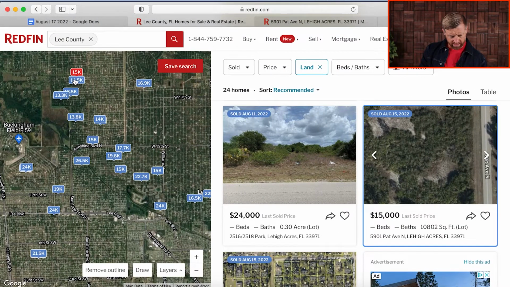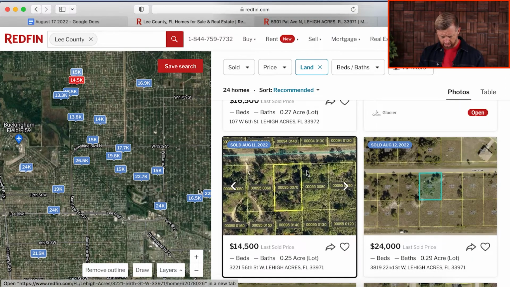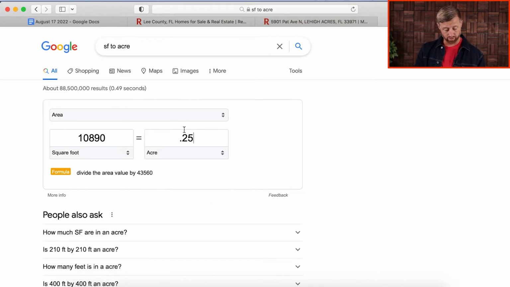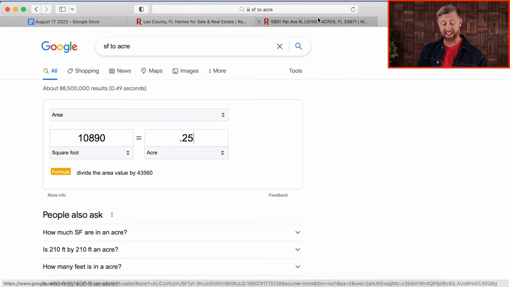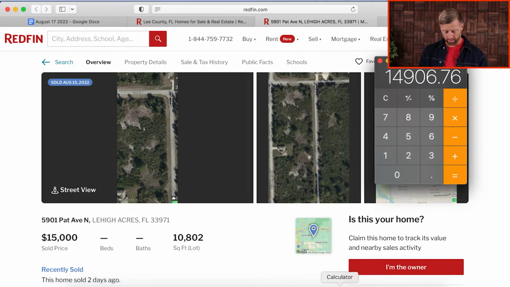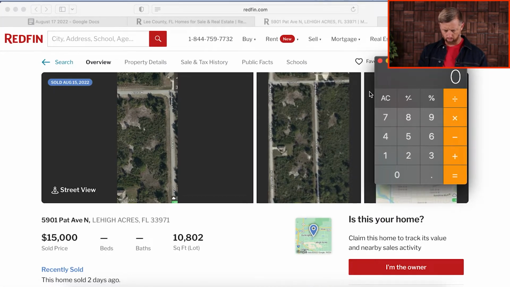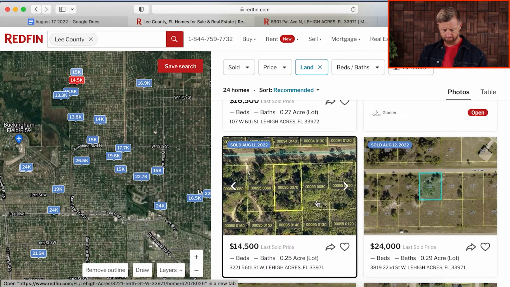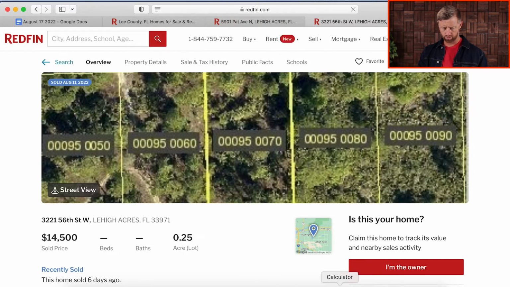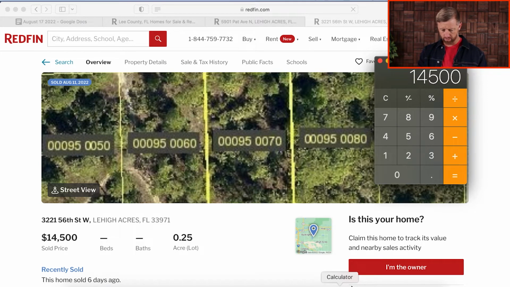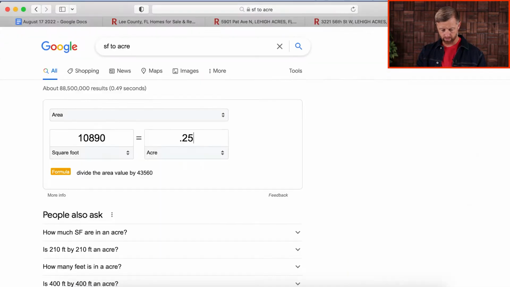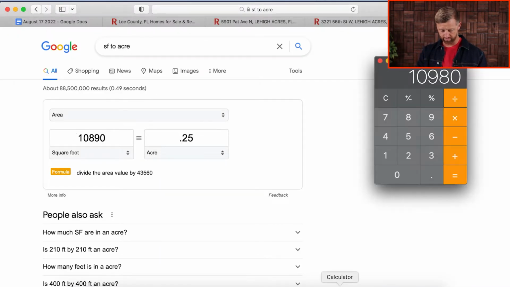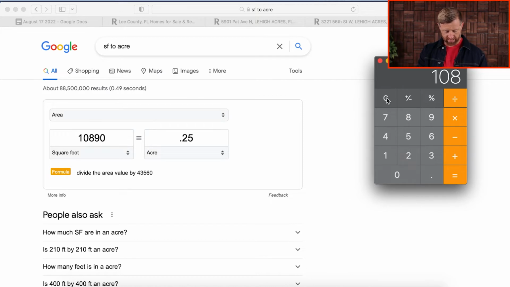All right, next one is 14,500. That one is 0.25 acres. Remember that square foot to acre conversion? 0.25 acres is 10,890 square foot. So we're going to go back, and that one sold for 14,500. I'll click on it just so I remember. So 14,500 divided by a quarter acre, which is 10,890 square foot. Just to double check, yep, 10,890 square foot. Let me fix myself. 10,890 square foot. That is a price per square foot of